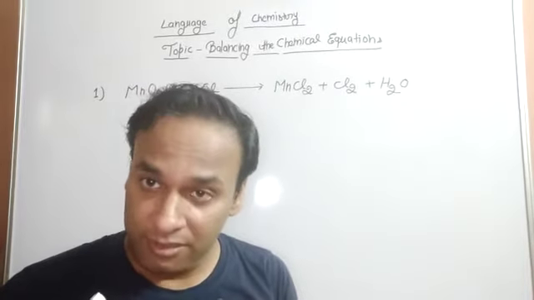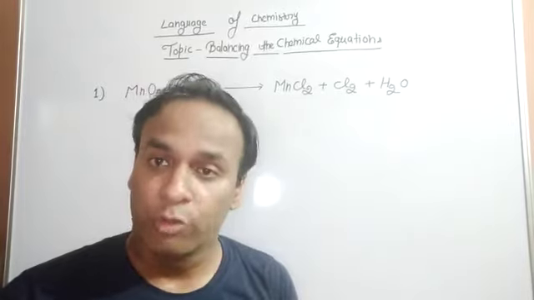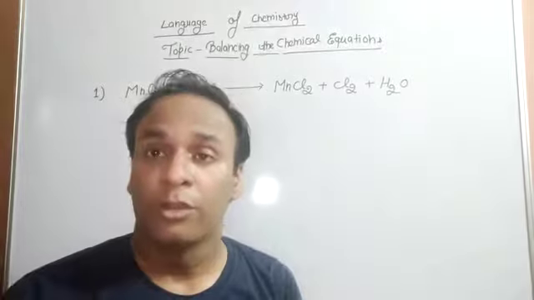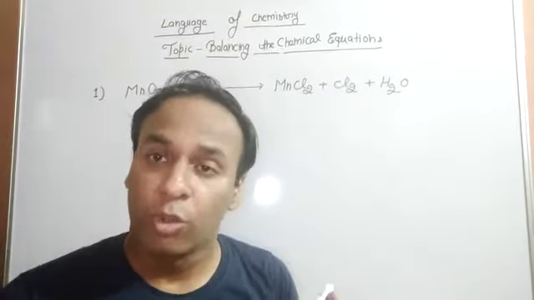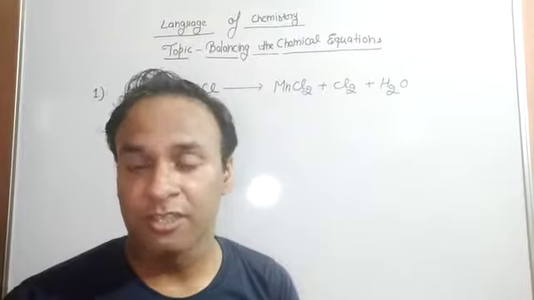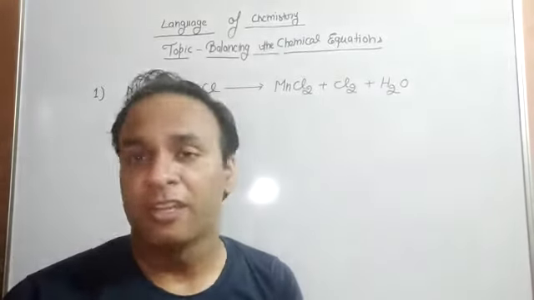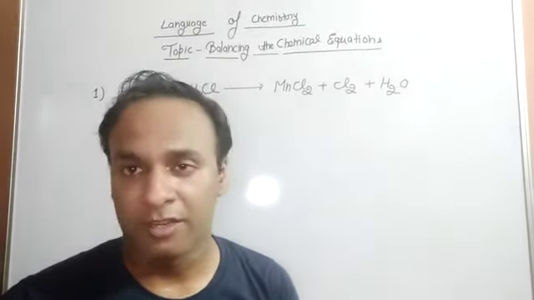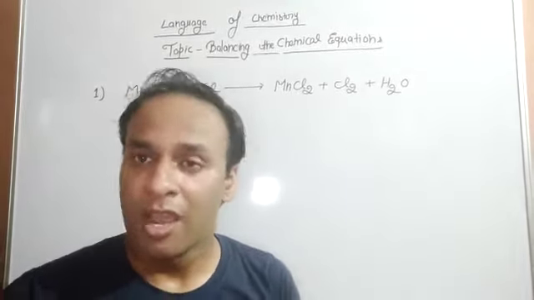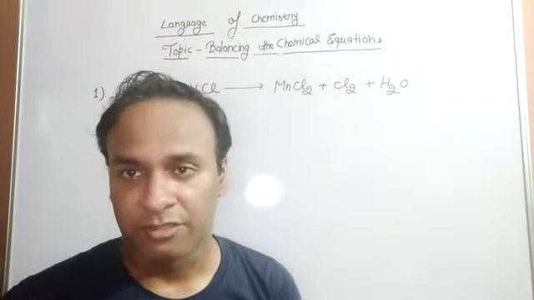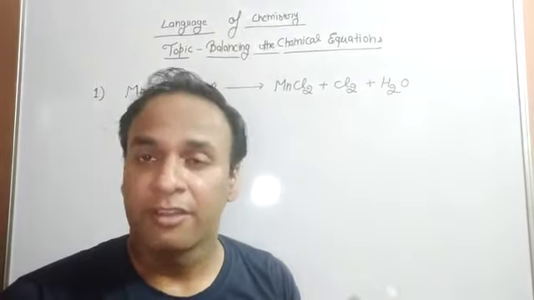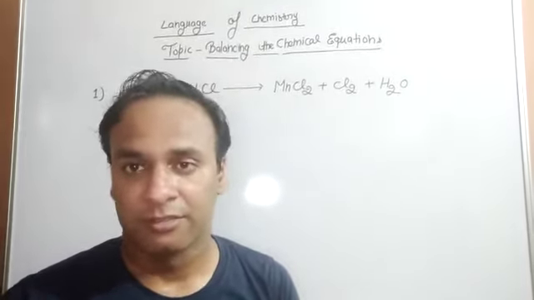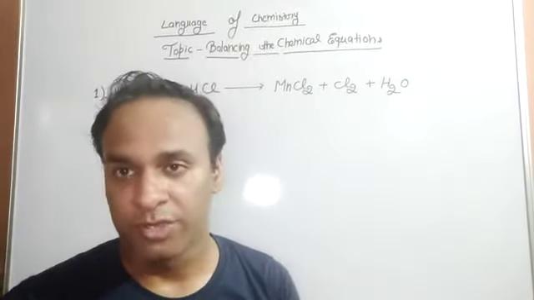And in a chemical reaction, there are a few substances which are participating to form a new substance. Those substances which are participating in a chemical reaction are called reactants, while those substances which are formed in a chemical reaction are called products. And how to represent the chemical reaction? Reactants are always written on the left side, while the products are written on the right side. This is called the chemical equation.